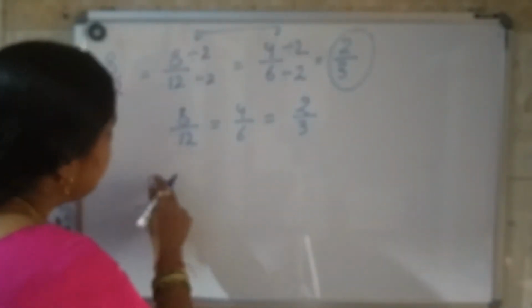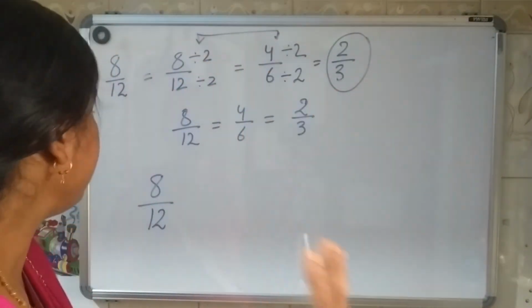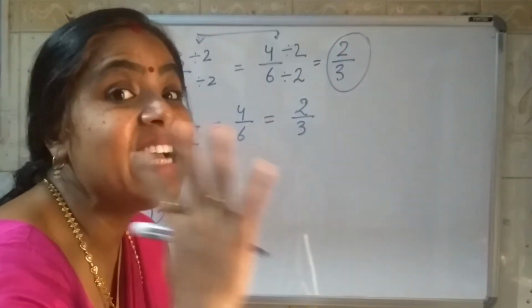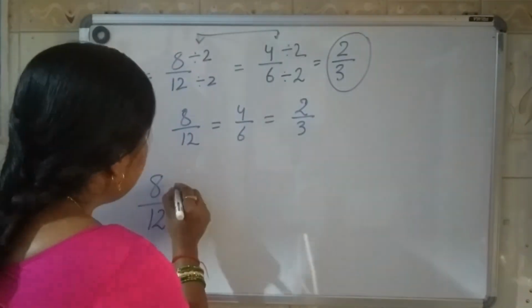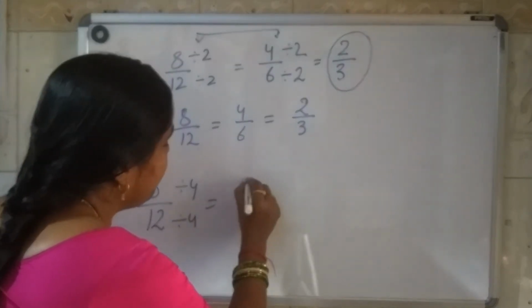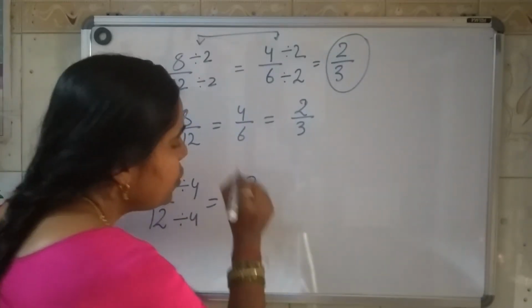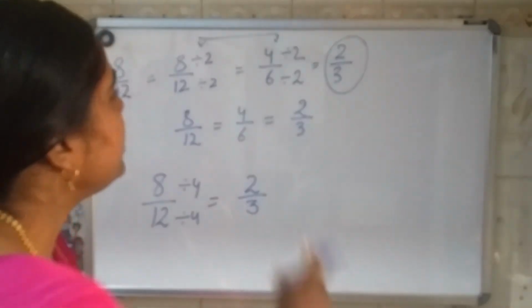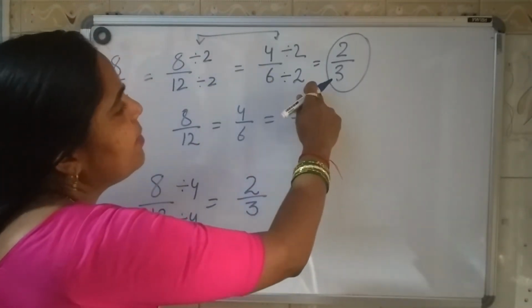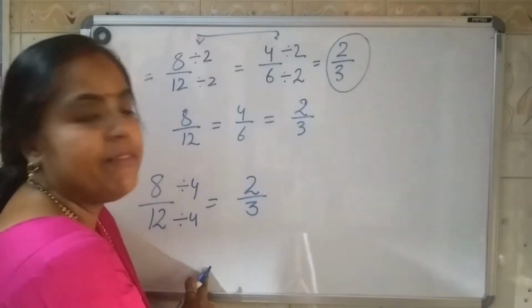You have to do the same thing. 8/12 is there. It is divisible by 2. It is divisible by 4. Is it divisible by any other number? No, these are divisible by 4 only. It means 4 is the GCF, and we will divide only and only by the GCF, so that in one time, 4 2s are 8 and 4 3s are 12. Got it? Instead of doing it separately, dividing by 2 and then by 2, directly one time I will divide by 4.